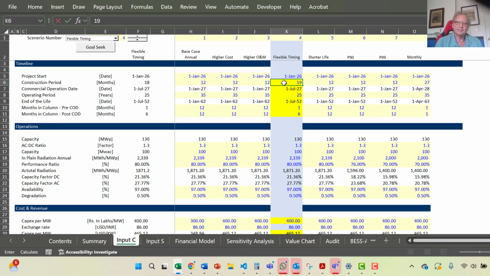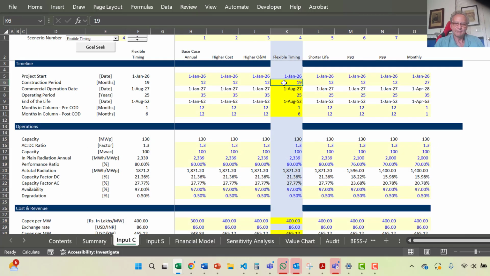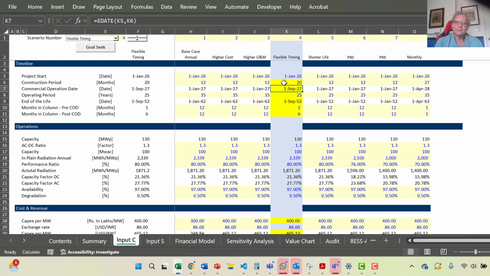Maybe what if we put 19 months, or I might put 20 months. You can see the seasonal effect is less. If we put 20 months, I think the monsoon happens, and that means we kind of split the monsoon, or something like that. Whatever. Okay, so how do we reflect this seasonality in